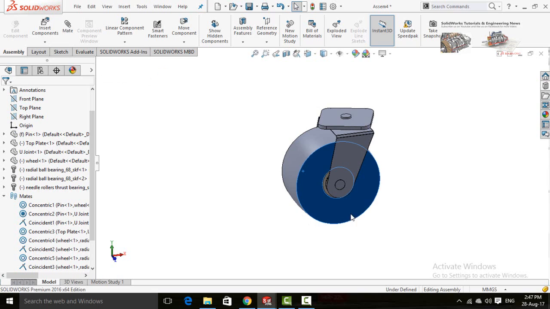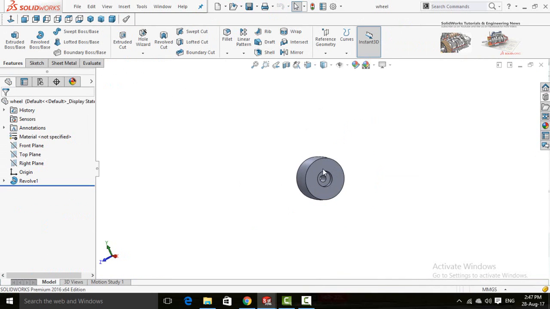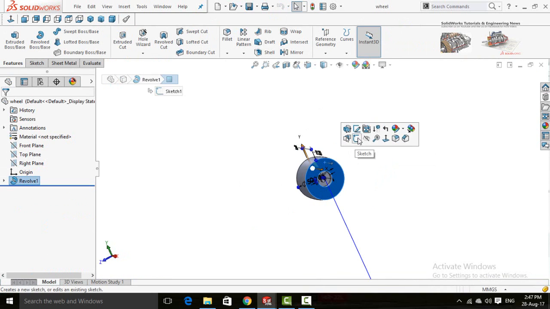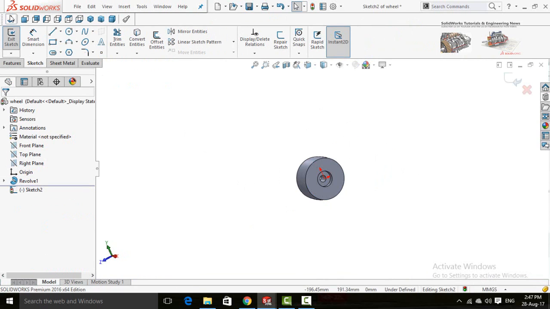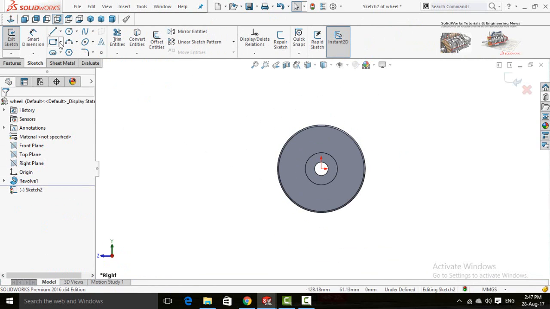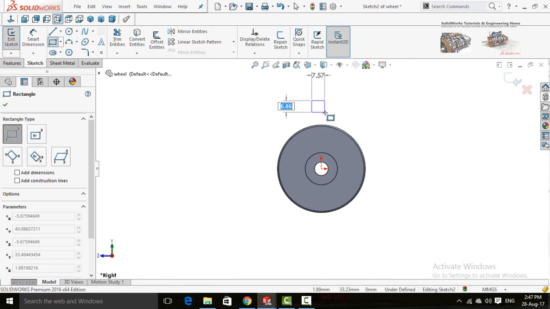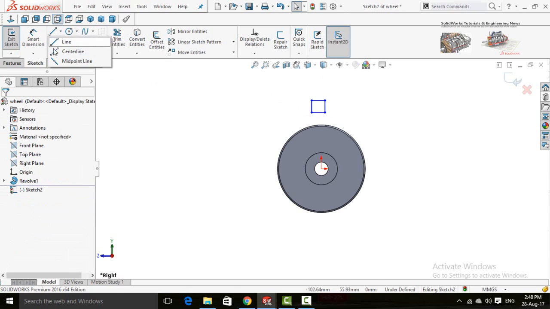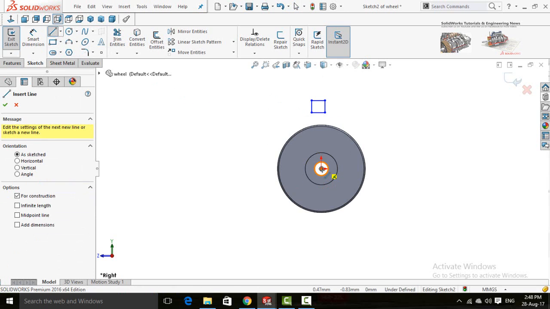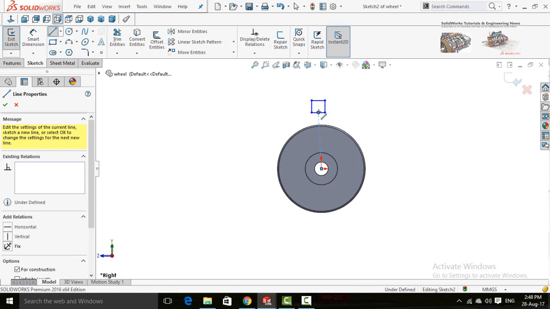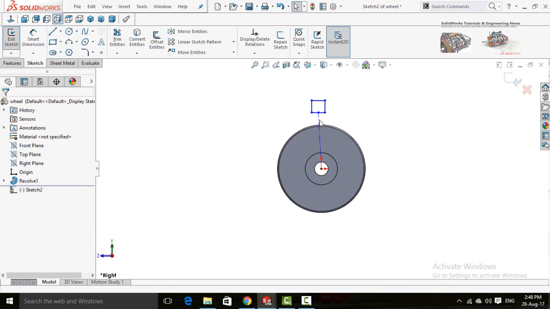Now I am rotating it, but it is difficult to observe its rotation. For that, again open the wheel. This time create a sketch on this face and make normal to. Draw a rectangle like this and then select center line and start it from origin to the middle of this rectangle.